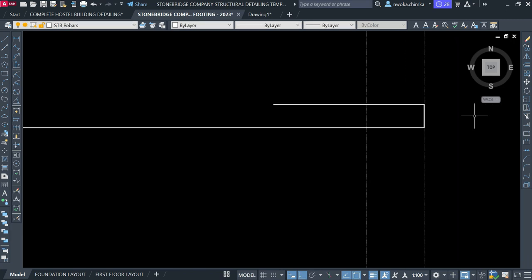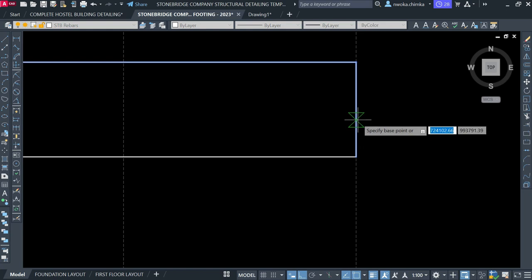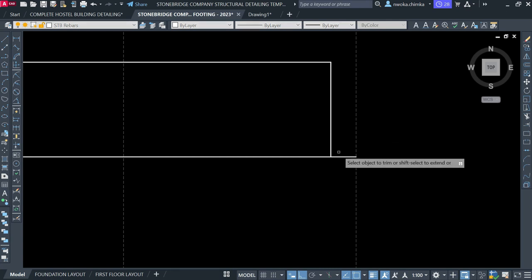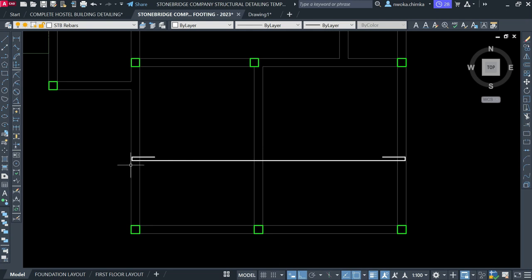no. And I'll come here right now and then trim off, and then click on this and move this up out by the cover, which is 25. So 25, cover, enter, and type TR, which simply means trim, and then trim off this right now. Okay, that's fine. Okay, so right now we have gotten our first